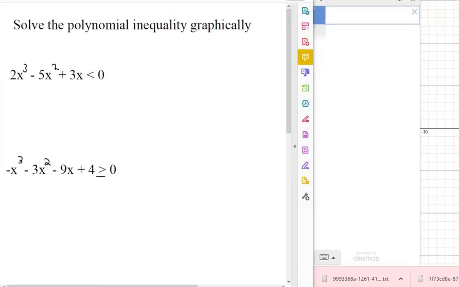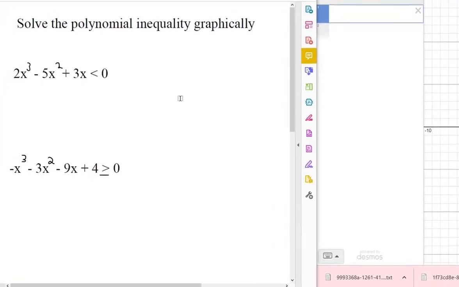So we're asked to solve the polynomial inequality graphically. So go ahead and just go to, for my class,